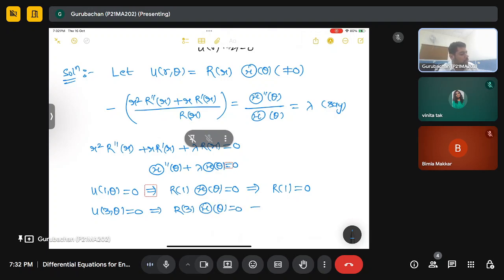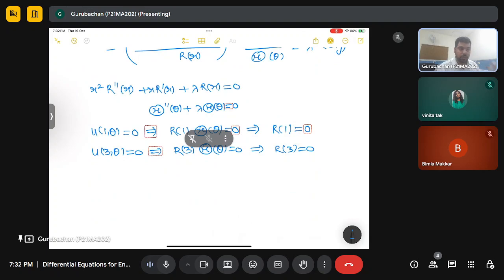It will be 0. So it will imply r3 is 0. So from here you can easily see that your boundary conditions are given with respect to r. So that means you should solve your Sturm-Liouville problem with respect to this r of r. So in general, what we write it as minus 1 by r